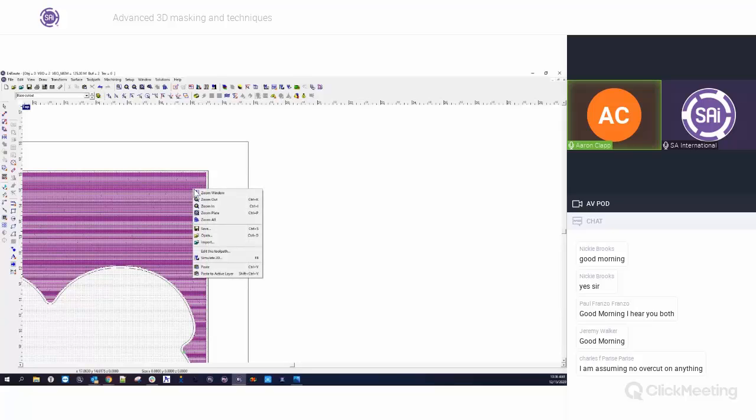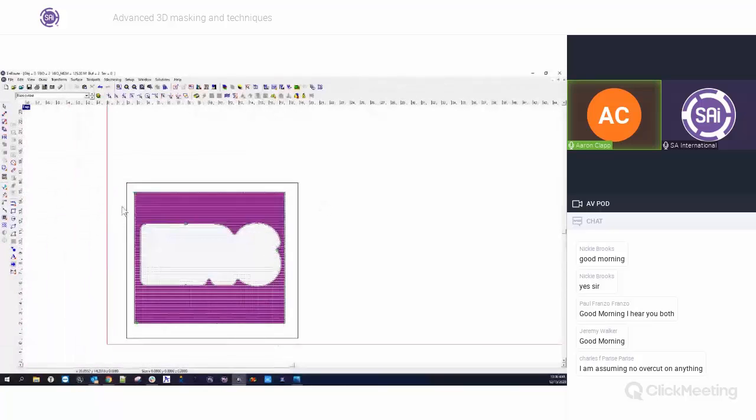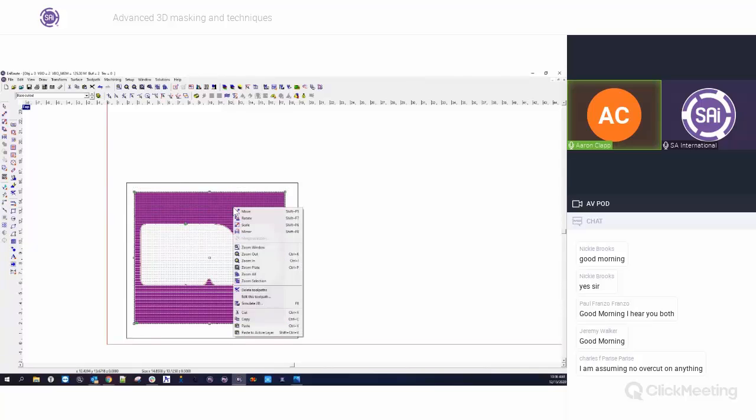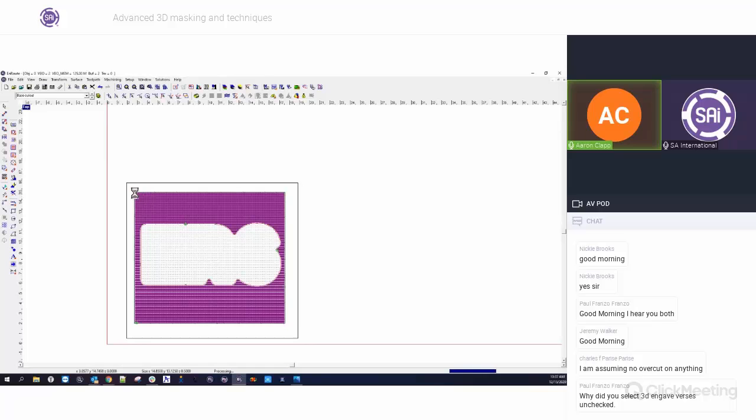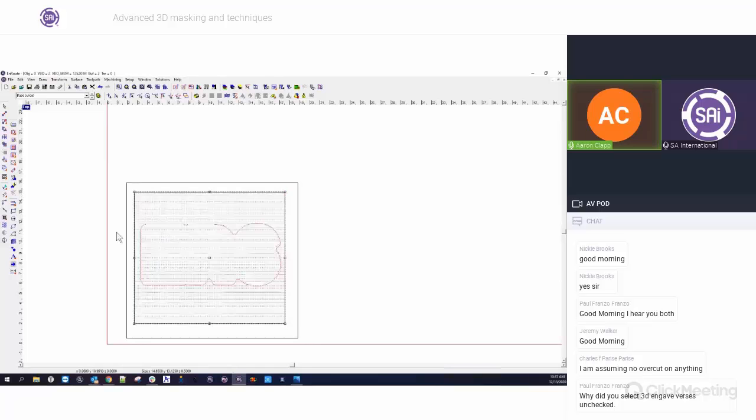So this particular toolpath, we actually need to delete the toolpath and then reapply it, because with 3D, you can't really edit